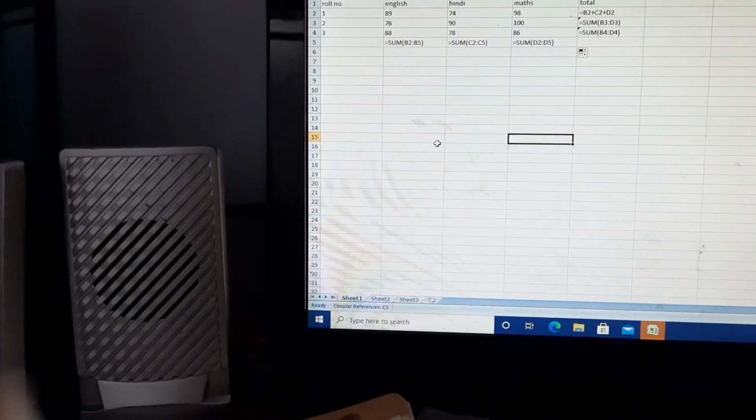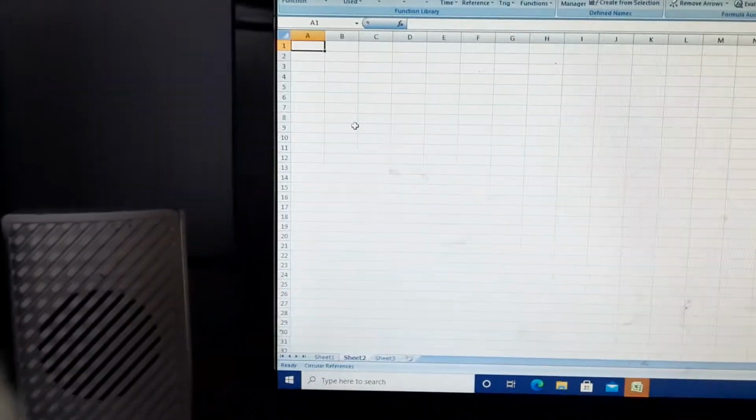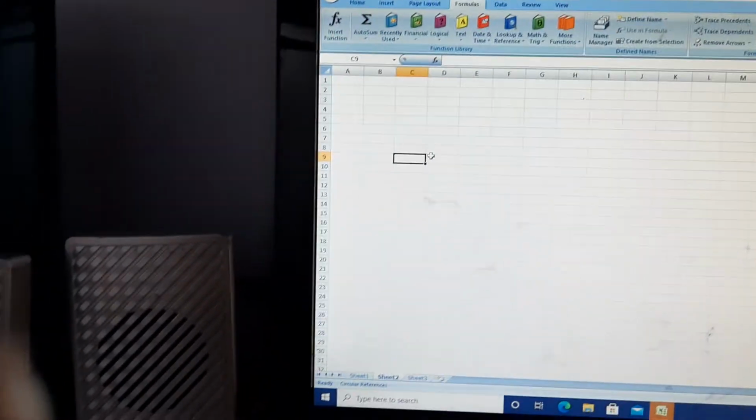Now I will show you the autofill feature. Autofill means to fill the same thing automatically. Like I'm shifting to Sheet 2, this new sheet, and writing Monday.